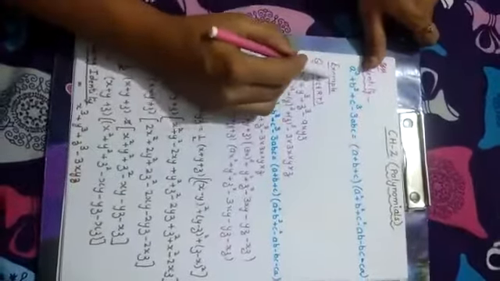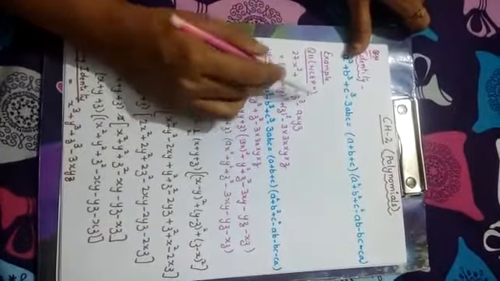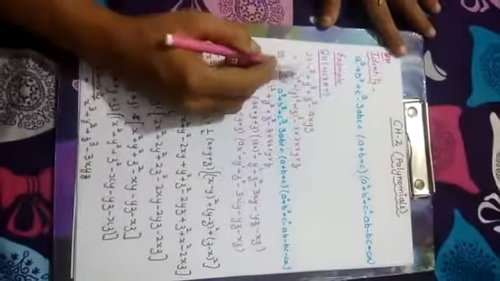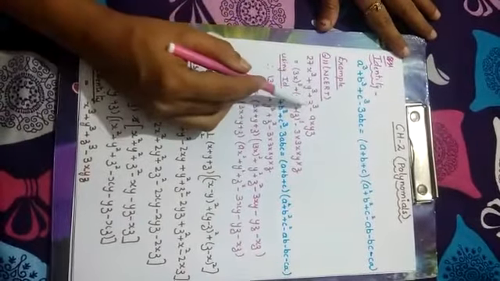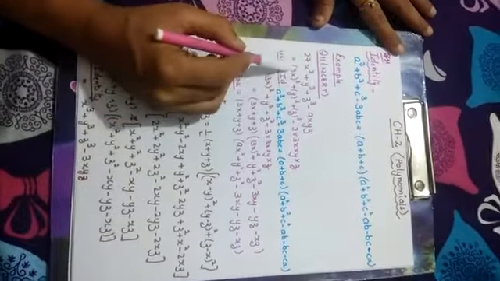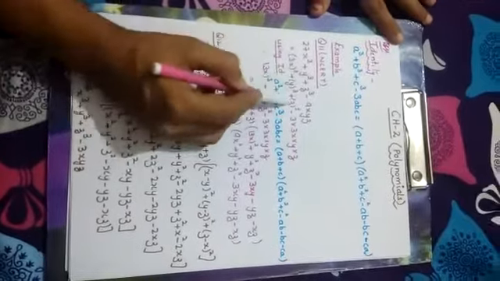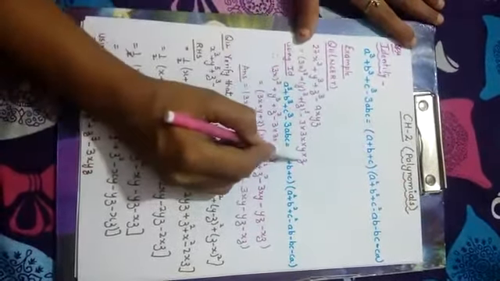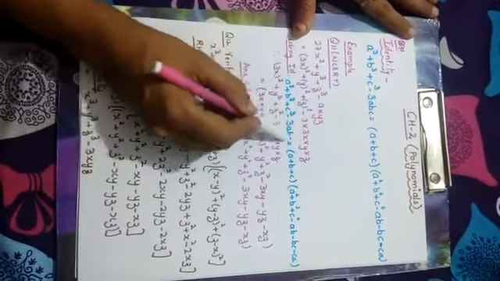I am going to give you an example, and I have solved question number 11 of your NCERT book that you can note down from here. First you understand this question, how it is done using this identity. The question is 27x cube plus y cube plus z cube minus 9xyz. So with a whole cube it is to be written as 3x whole cube plus y cube plus z cube minus 3 into 3x into y into z. Now it is in this form, a cube plus b cube plus c cube minus 3abc.